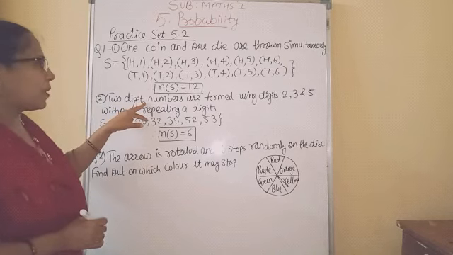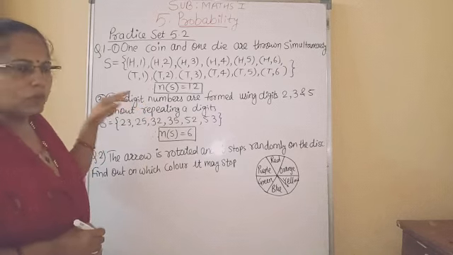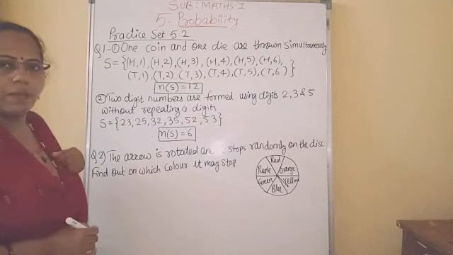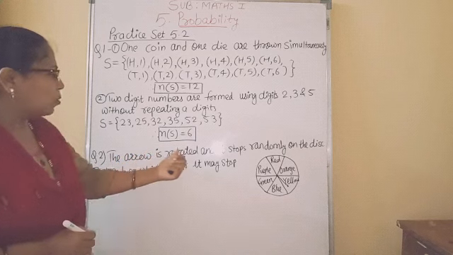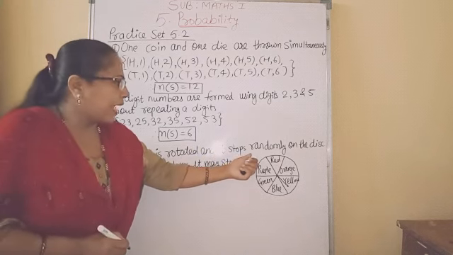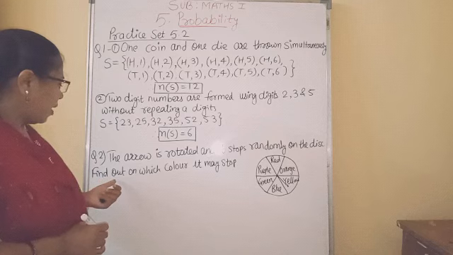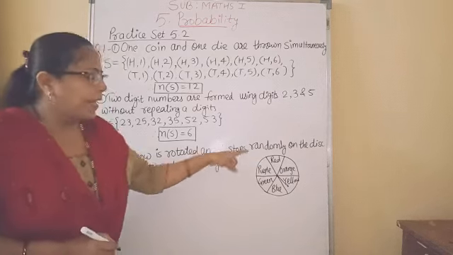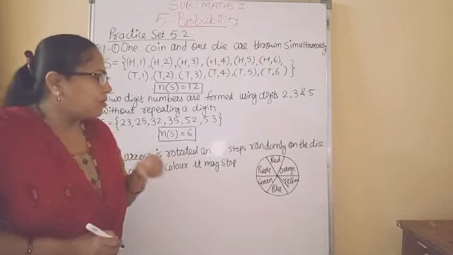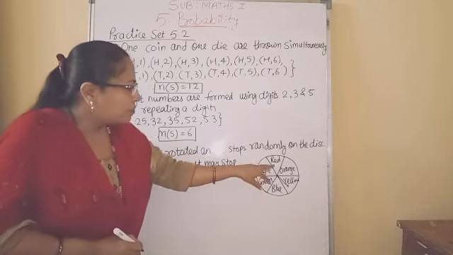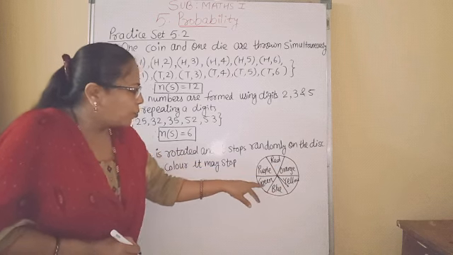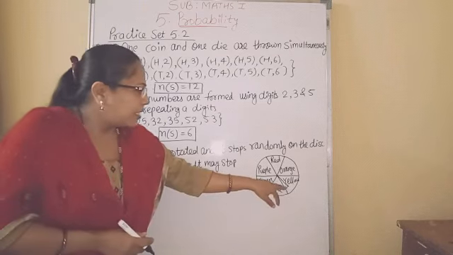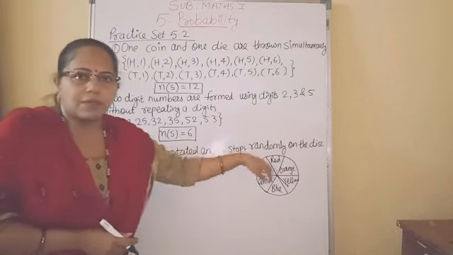Followed. Now students, this type of question is asked many times in the board exam, so you should know how to make 2-digit numbers. Next question number 2. The arrow is rotated and it stops randomly on the disc. Find out on which color it may stop. Now here the disc is divided into colors: red, orange, yellow, blue, green and purple. Now if the disc is rotated, this arrow may stop on any one of the colors.